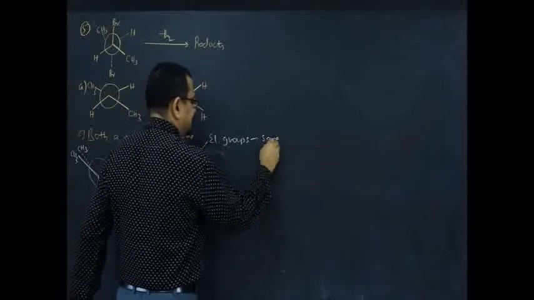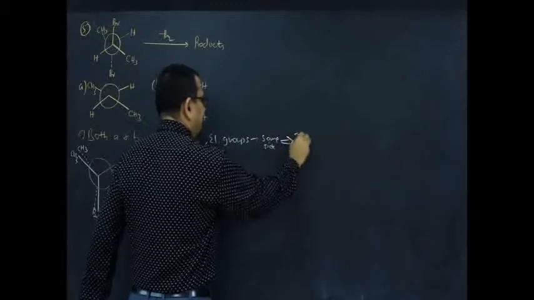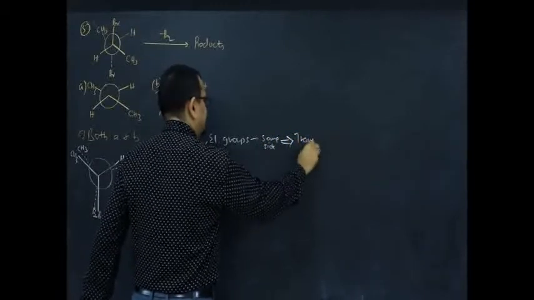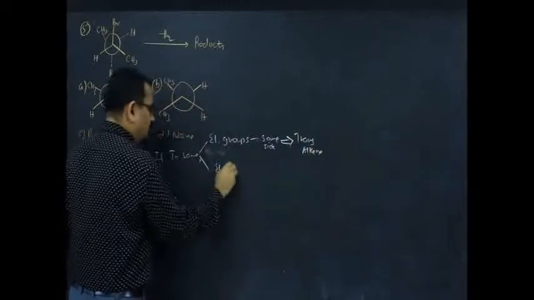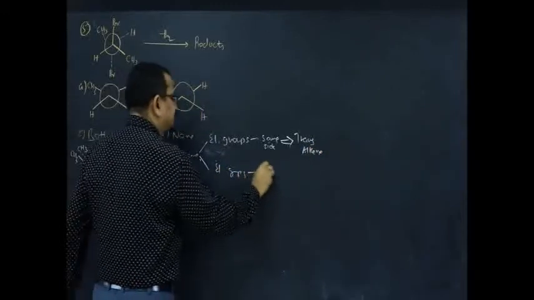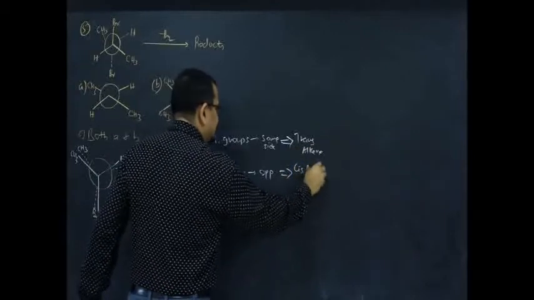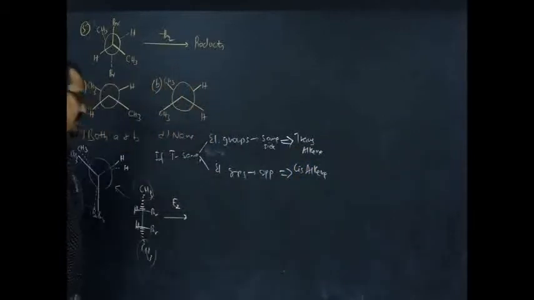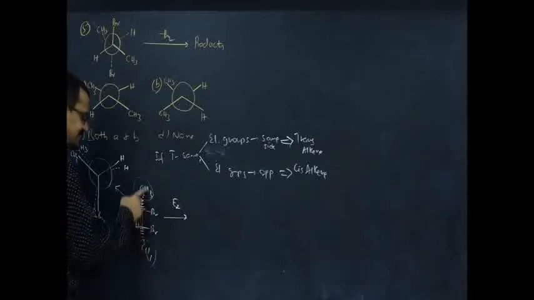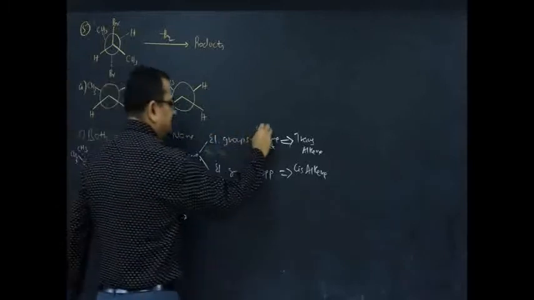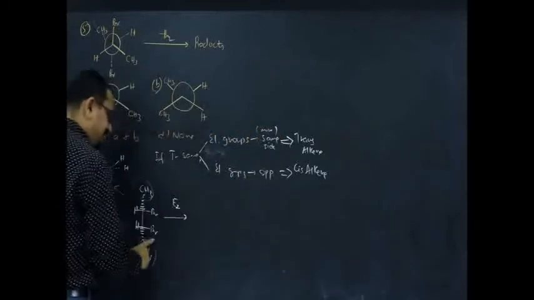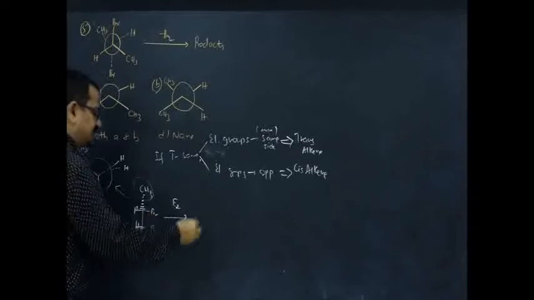If the eliminating groups are on the same side, then the obtained product will be a trans alkene. If the eliminating groups are on opposite sides, then the obtained alkene will be a cis alkene. So, this is another shortcut we can follow to save time. Here the terminal groups are the same and the eliminating groups are on the same side, meaning meso. Then in such a case, E2 elimination gives a trans alkene,